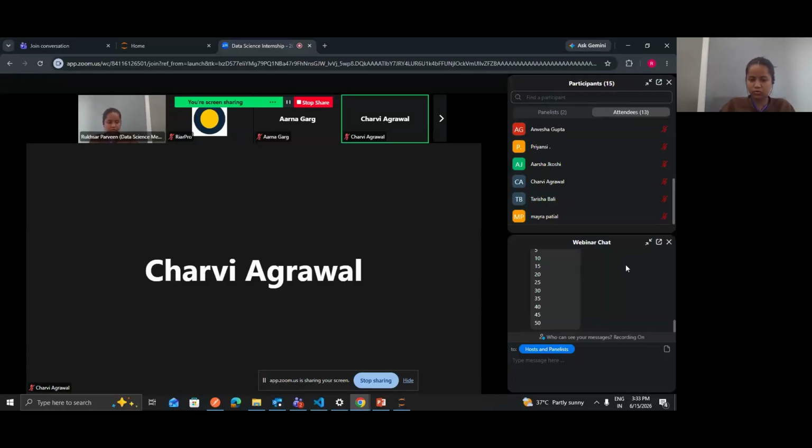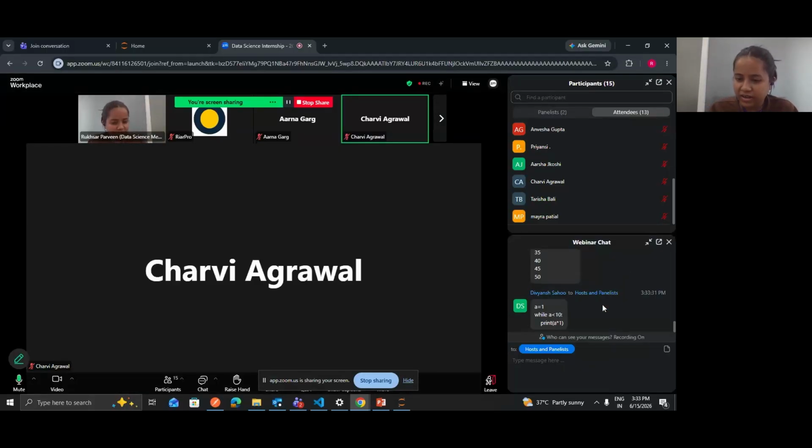Start writing your code. Irrespective of whether it is correct or not, just write whatever you think is the solution. Okay, I'll give you a little hint also. Here you are using a while loop, so you can take a variable and you can start the value. You can assign 1 to this variable, and until it is less than or equal to 10, or maybe less than 11, you have to print.